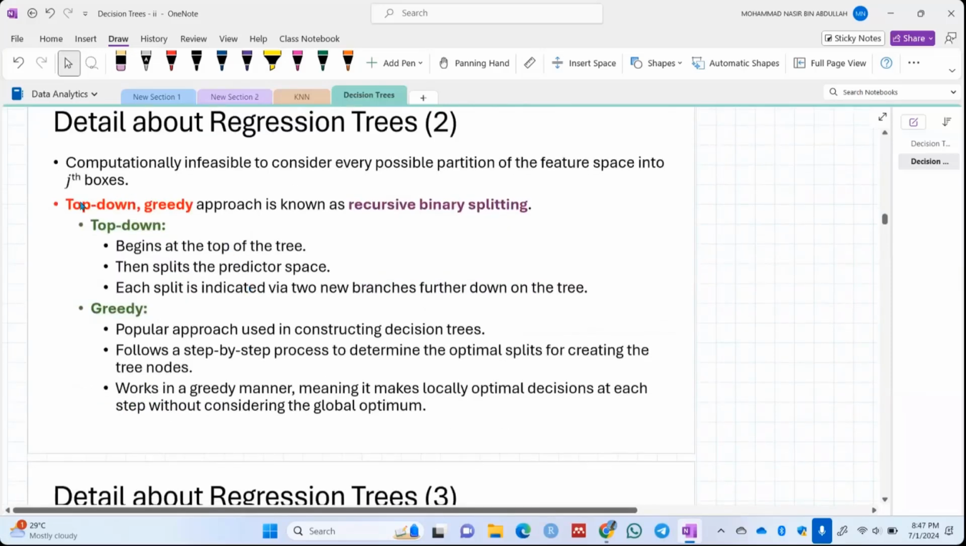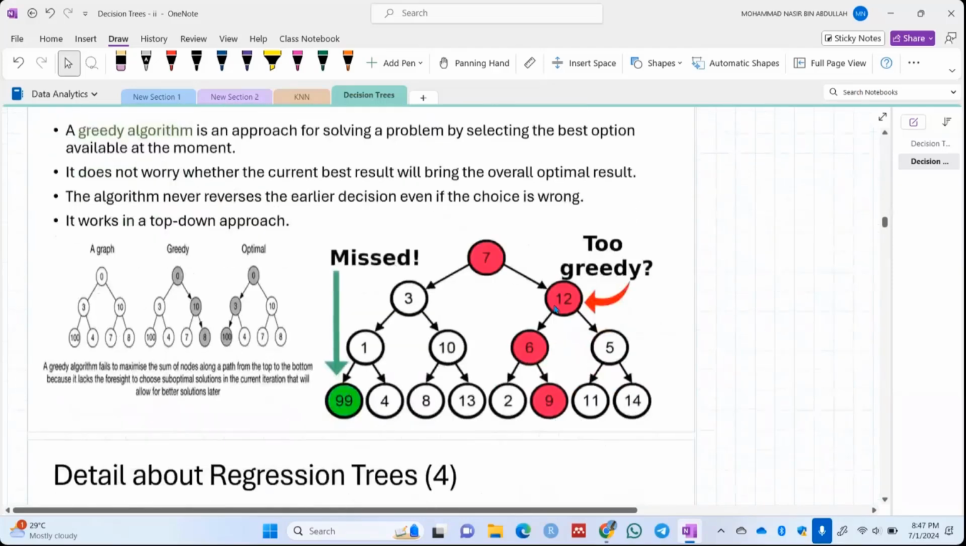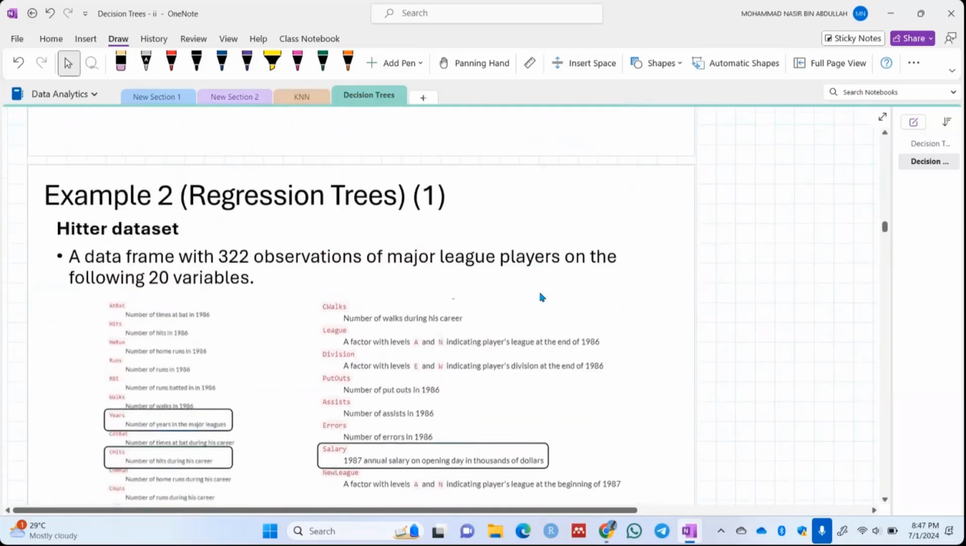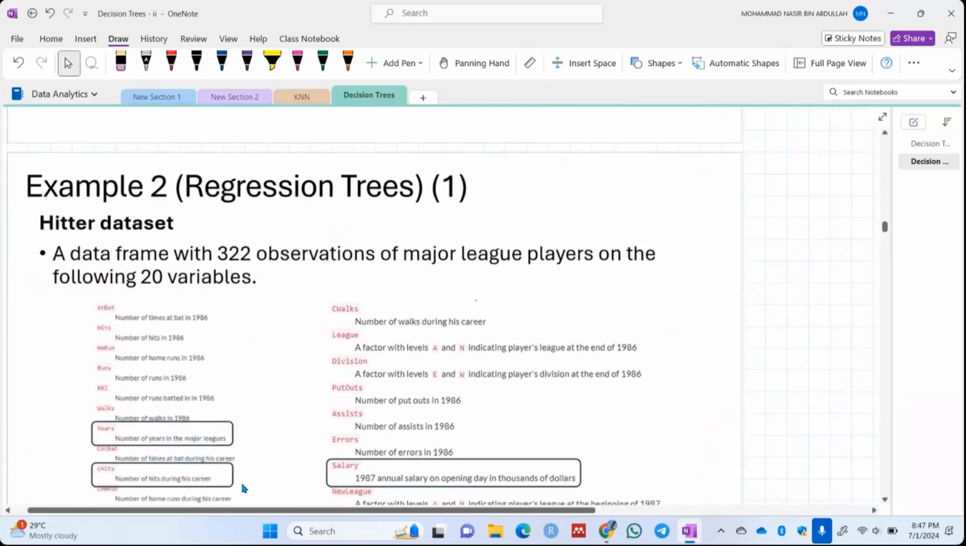And as I said just now, we will do a top-down method. I begin with the top of the tree and split the predictor space. Each split indicates a new branch further down the tree, from the root node to the leaf node. So let's go for an example, but before that, let's look at the